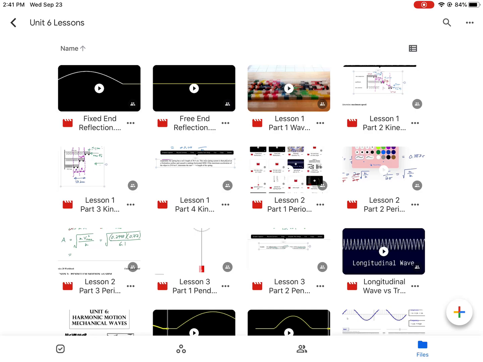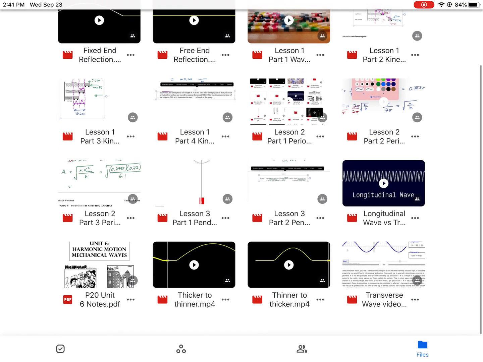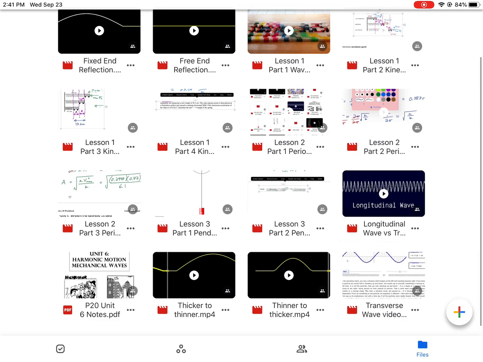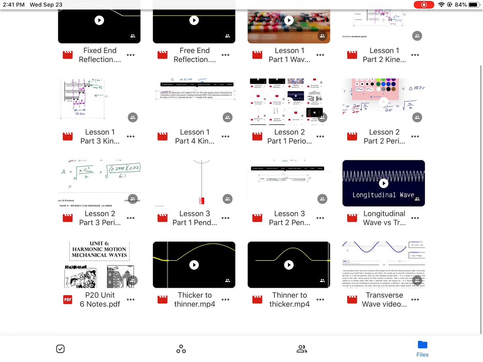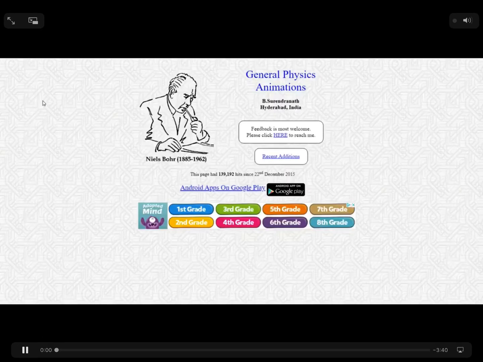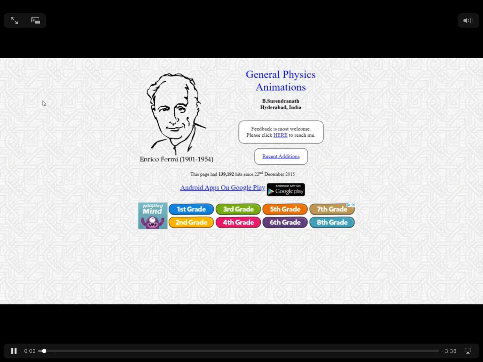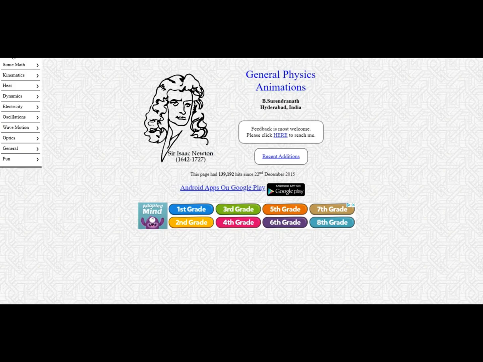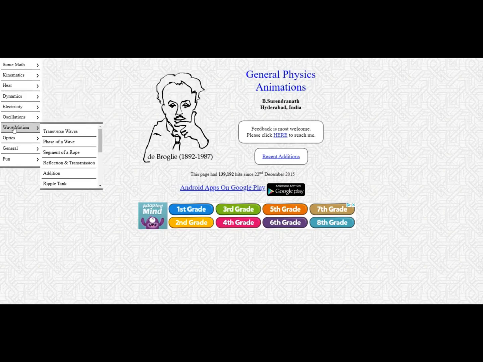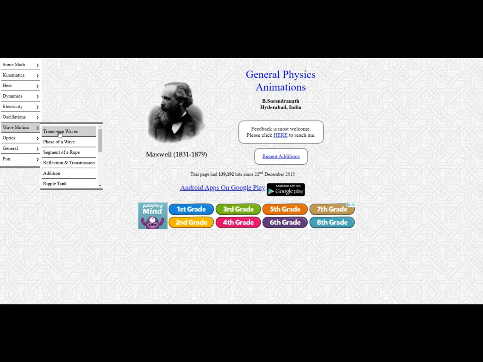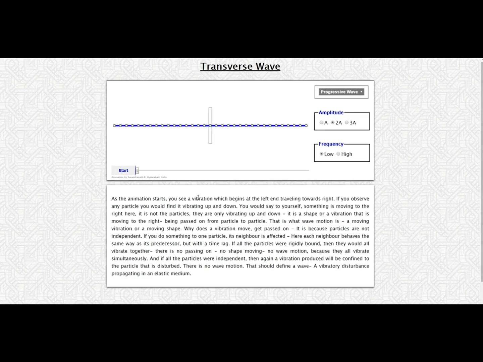Good. Okay, now let's talk about our first mechanical wave. I just want to see where I have it. There it is, transverse waves. Okay, let's go into transverse waves in detail here. So here I'm just going to select, this is in an animation area, and let's see how I can get over here. Let's go to transverse waves. Just click on that. There we go. And there's our transverse wave.